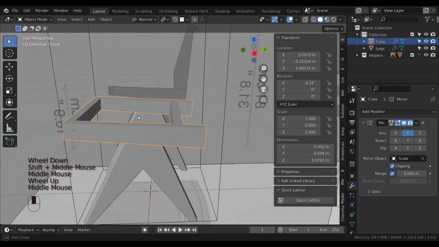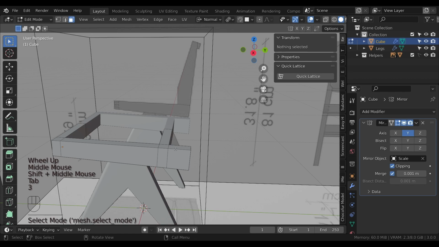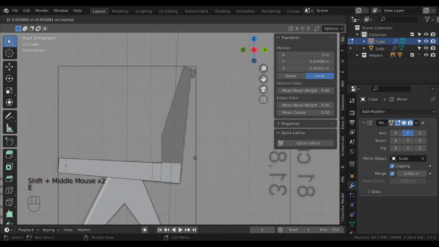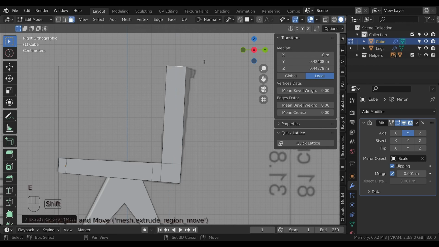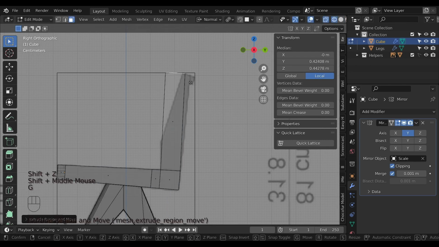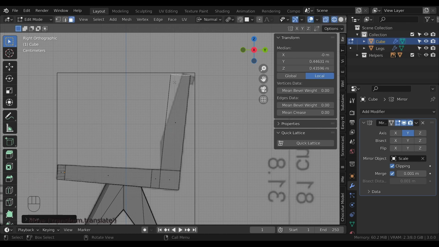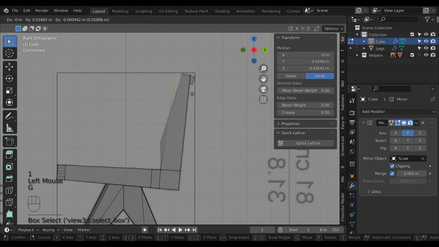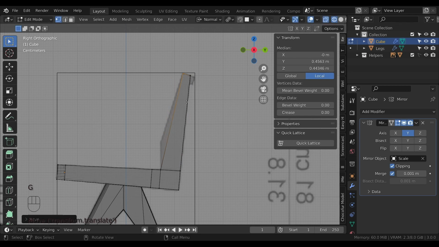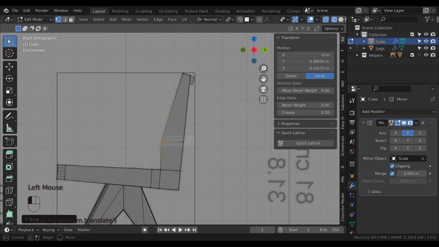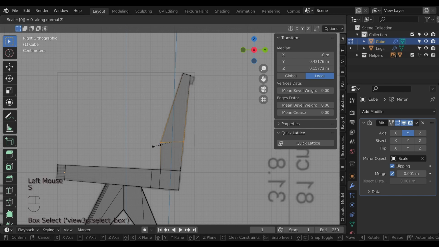Now I need to start extruding the back parts. Extrude it with E, go to the wireframe and extrude it here like this and extrude it here and move these vertices here. And to add this shape you need to add extra loops like this. I need to make it straight, Control Z,